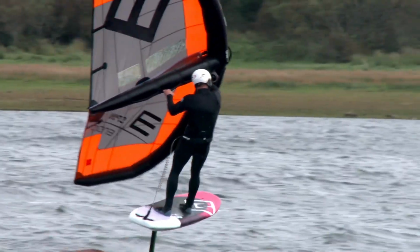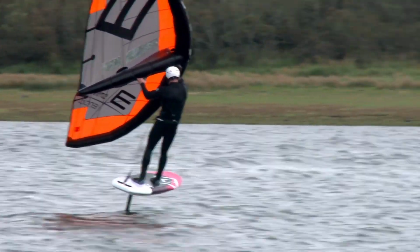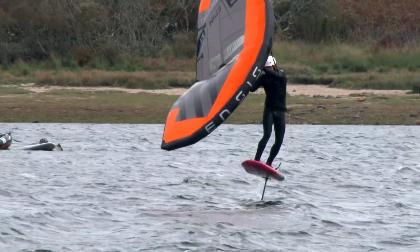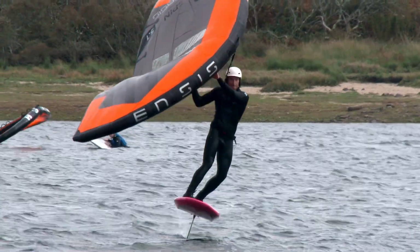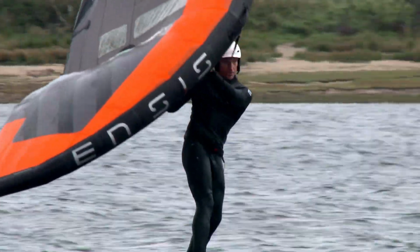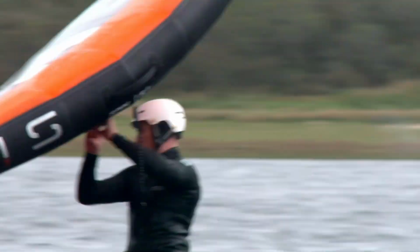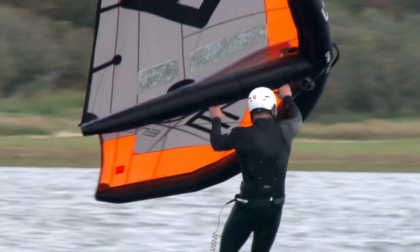So coming in again, probably going to be a duck jibe, so it's going to be some, no heel side pressure, that's an upwind tack. So it's looking very windy now, so he should be having fun. He must be super powered on this 5.1 Ensis Spin with the soft handles, just a preferred wing of choice at the moment. So sheeting in with the backhand, concentrate on getting the foil to just transition round in a